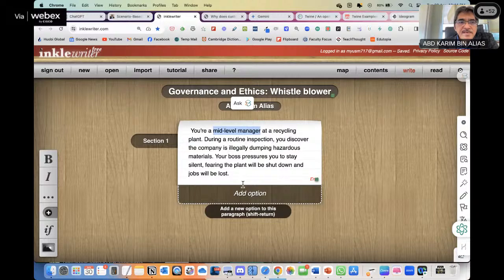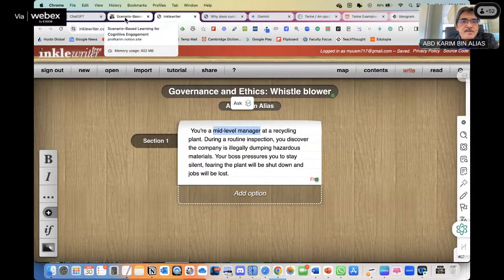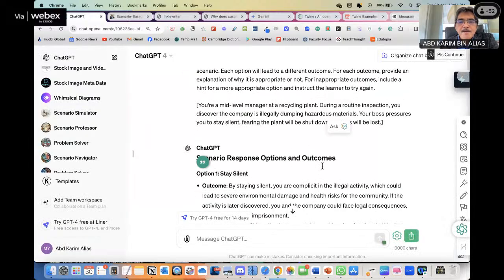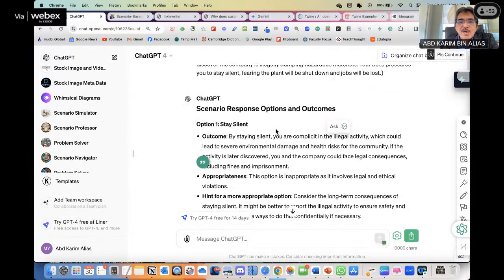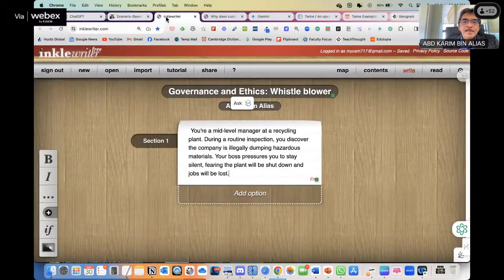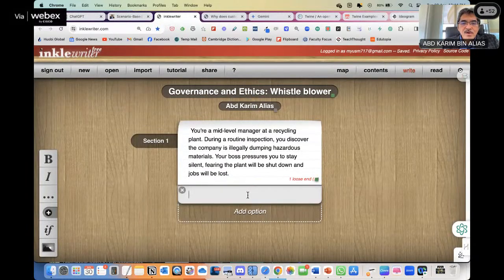And this is where you add the options. So let's go back to the ChatGPT from just now, the scenario, response, and options. The same thing that we used to build the scenario in Google Form. So option number 1 is what? Stay silent. So we add the option stay silent.